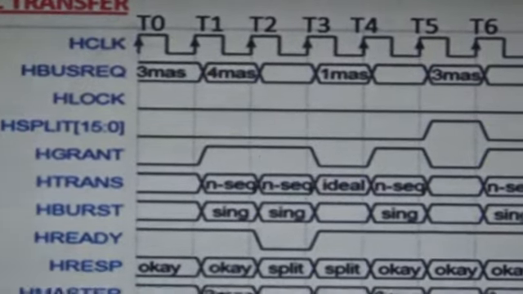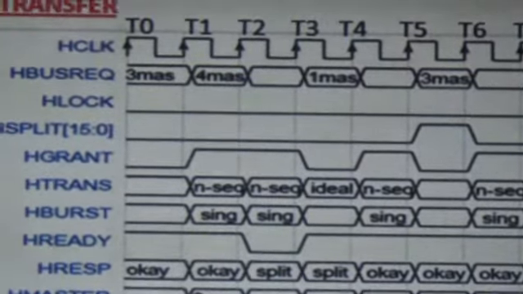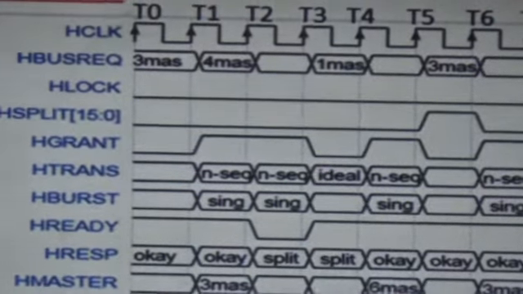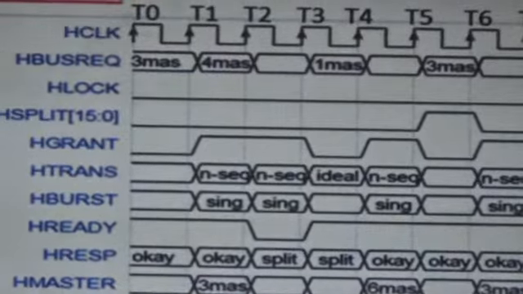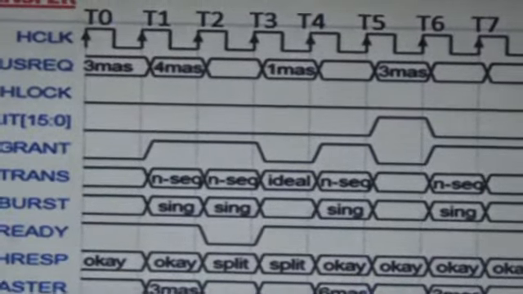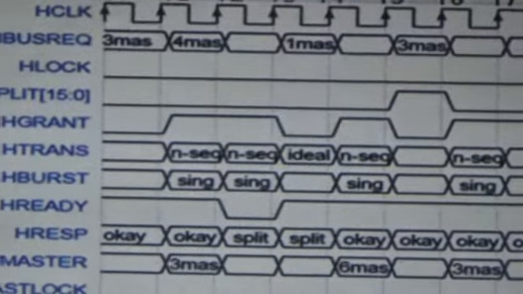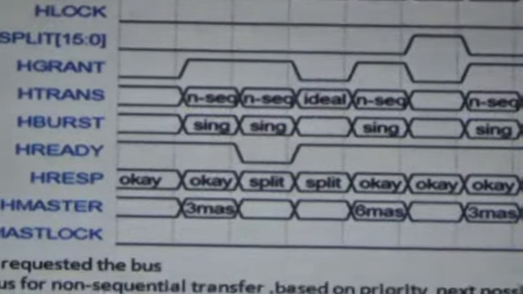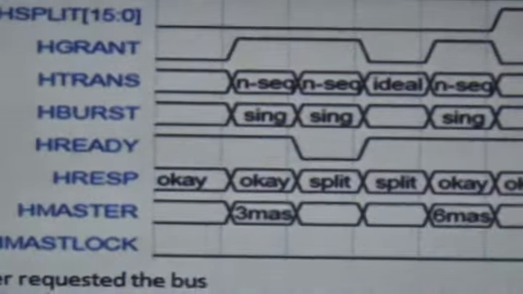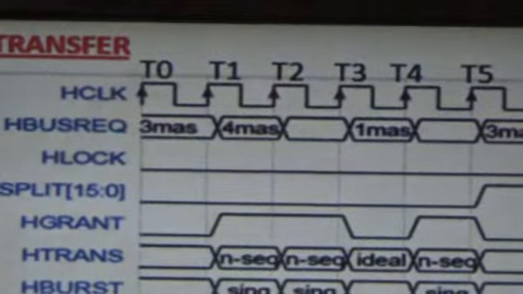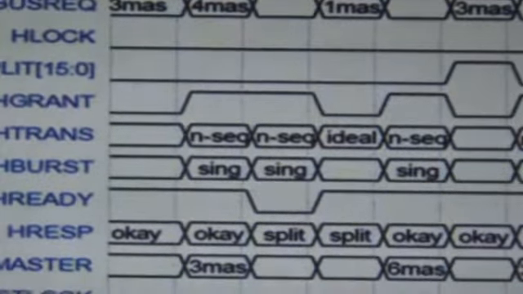At T1 clock cycle, the third master, which requested the bus at T0, is given access to the bus. How do we come to know this? If you have seen here, at T1 clock cycle HMASTER is filled with the third master. So at T1 clock cycle, the third master is given access to the bus, and the transfer is a non-sequential single burst